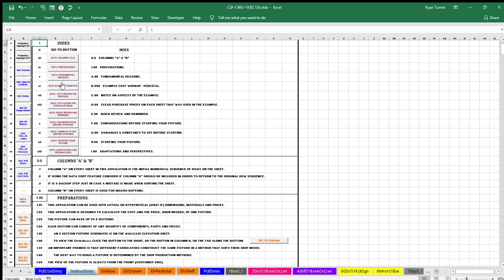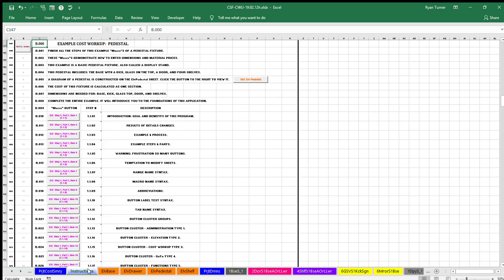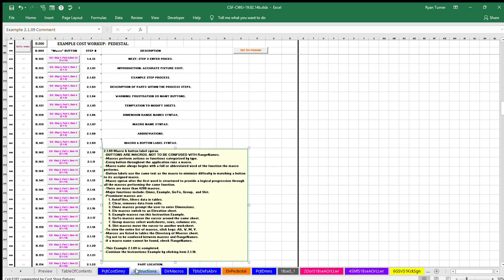To get to the example, click the fourth button labeled B.000 Example Cost Workup Pedestal. The focus of step 2 of the 3 steps is on the principles of this process and how to enter the material prices on 3 cost workup sheets. Example item